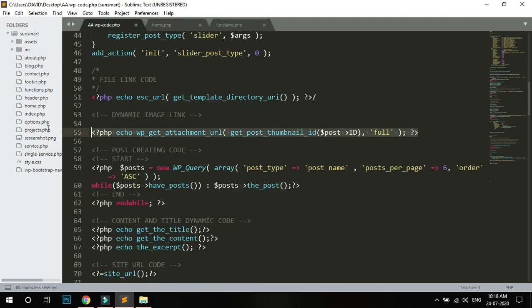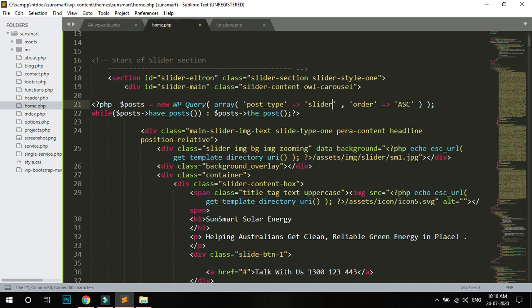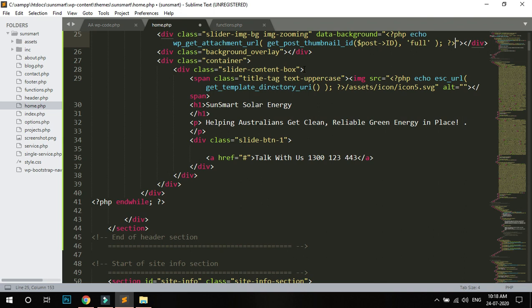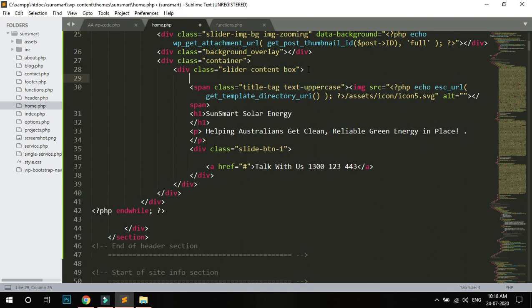This is a dynamic image link, so I copy and paste here. Then the content box. So I need this one full in content.